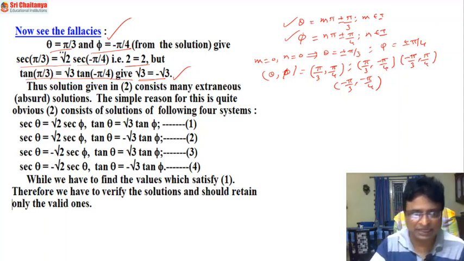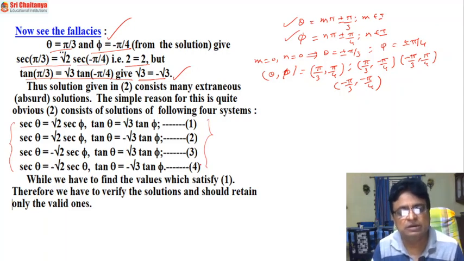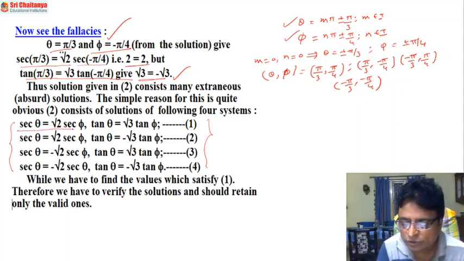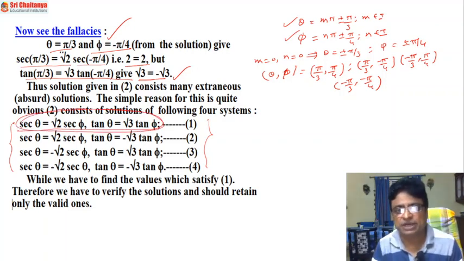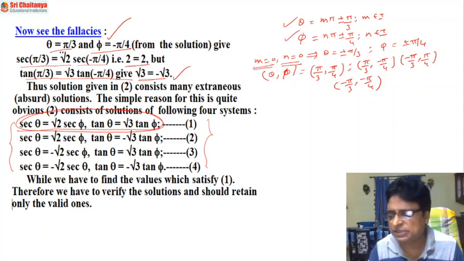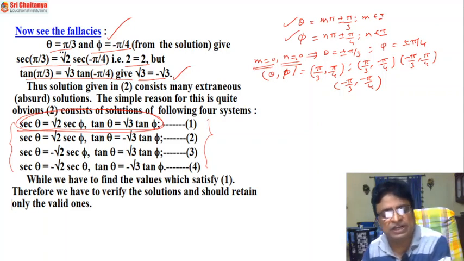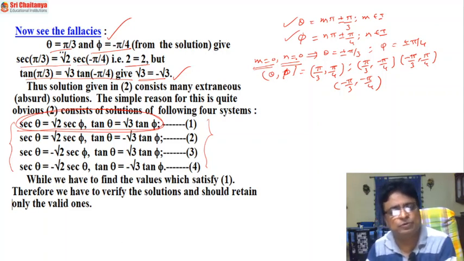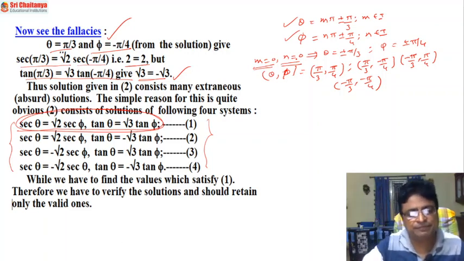That's why here 4 different kinds of sets of system of equations will be possible, but we have to find the solution set for this system of equations only, because this is after all a small case only, for m is equal to 0 and n is equal to 0. Imagine for m is equal to 1 and n is equal to 1, m is equal to 2, n is equal to 2, m is equal to 3, n is equal to 3. You will get this kind of set of values for theta and phi. You will get infinitely many.